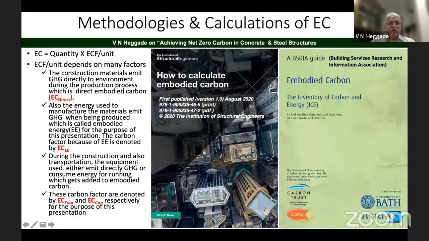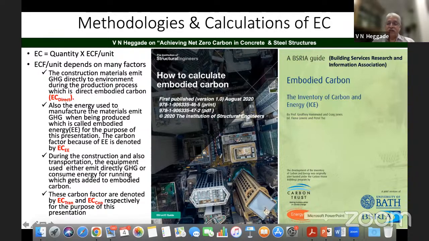Now, what are the methodologies of calculation of the embodied carbon? What we call carbon factors. Basically, how is the embodied carbon calculated? We have a carbon factor for cement, say for example. That carbon factor is multiplied by the cement quantity. Then you get the embodied carbon, that is kg carbon dioxide per kg cement, or ton carbon dioxide equivalent per ton of cement. Similarly for the steel and other construction materials also, there are very famous guidelines available on how to calculate embodied carbon.